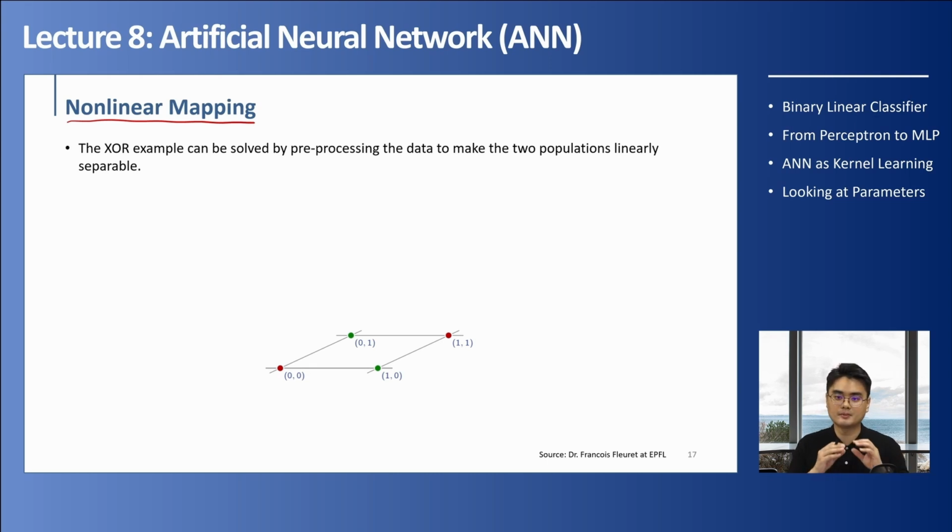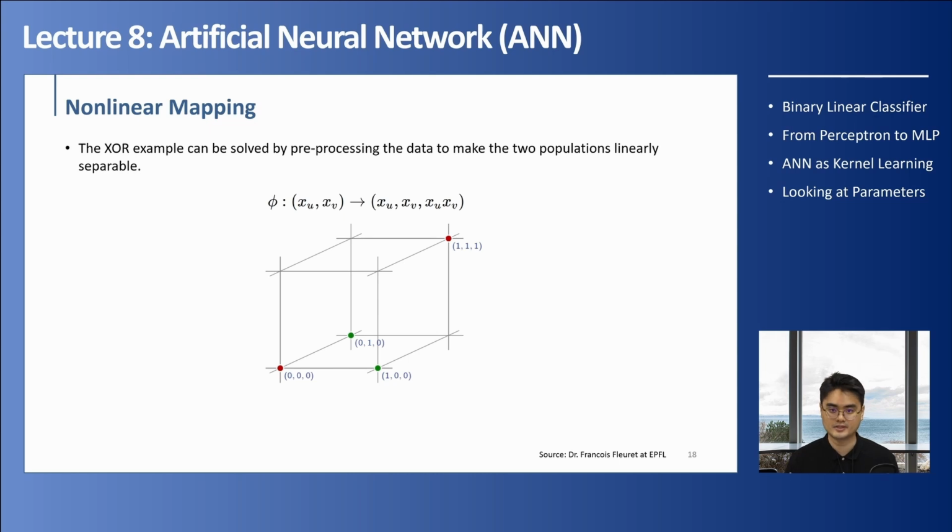For example, let's try to do a similar thing that we have done in our video. We changed our data points from a 2D expression to a three-dimensional space, and we saw that we can do some classification in that space. So let's try to do a similar thing here. We're going to make this 2D data into 3D by this function, phi. We changed our two-dimensional space, which was expressed with xu and xv, to xu, xv, and